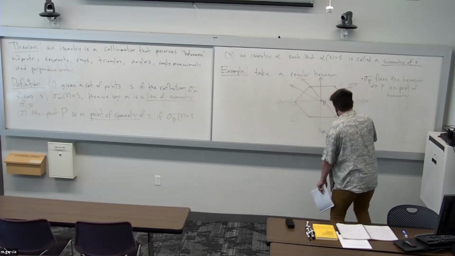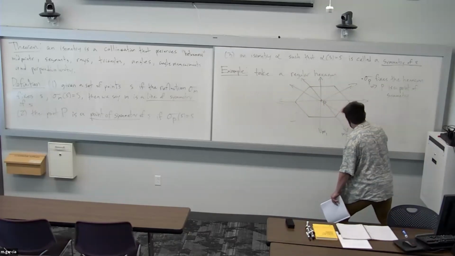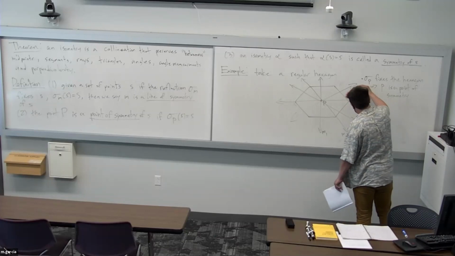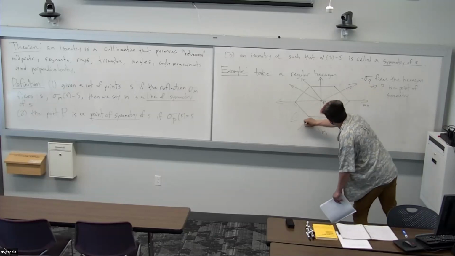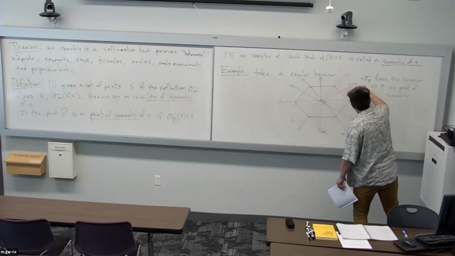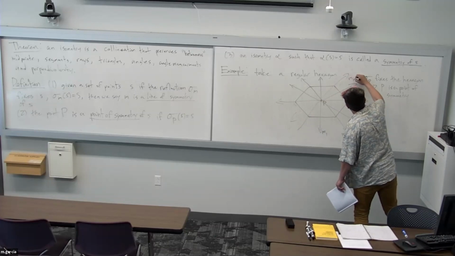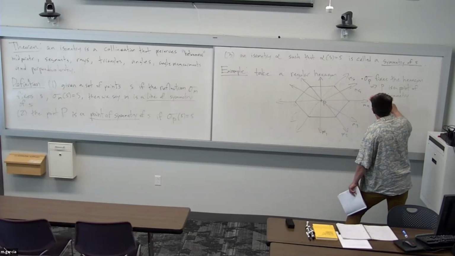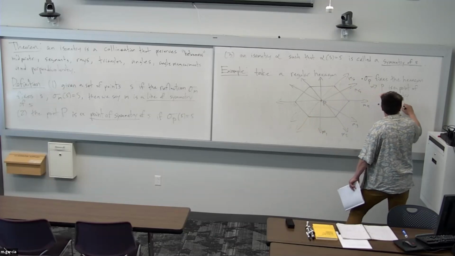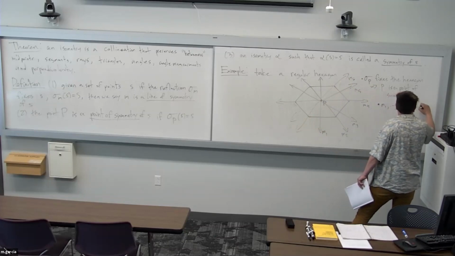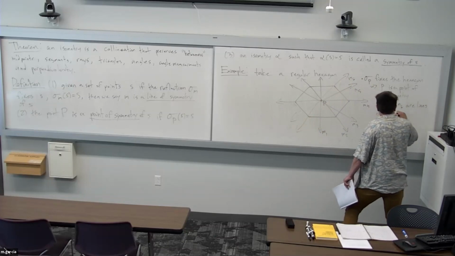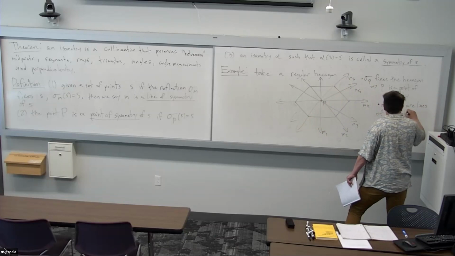So M1, M2, M3, M4, M5, M6. Then we have M1 through M6 are lines of symmetry